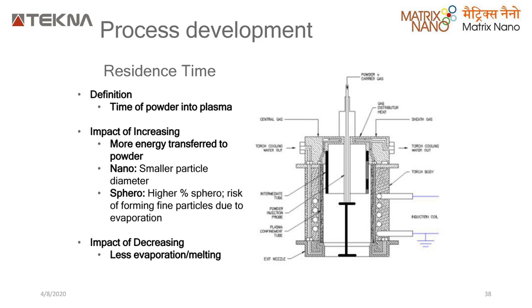And when you're talking about your probe to exit nozzle, what I say is the time of powder in plasma, or the residence time, is the time the powder remains in this space between the probe and the exit nozzle. It is the real time, which increases my production rate. This also impacts my energy transfer, so it also gives me a good evaporation length. So my whole game plays around adjusting the parameters to keep my residence time suitable for evaporizing the material, getting a smaller diameter, and getting a higher percentage of spherical material with good performance.